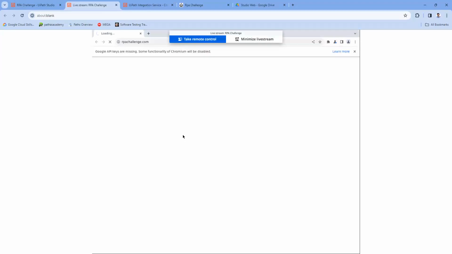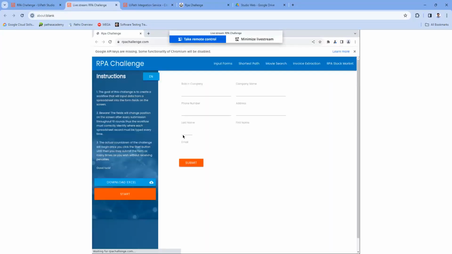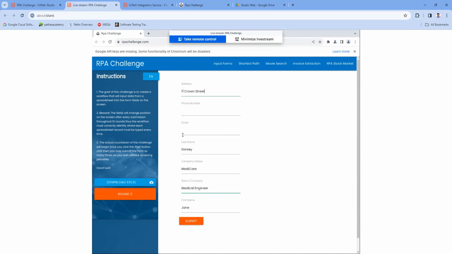And now we can properly check it out. So it is entering all the information now by downloading the Excel, reading the Excel, and entering the information